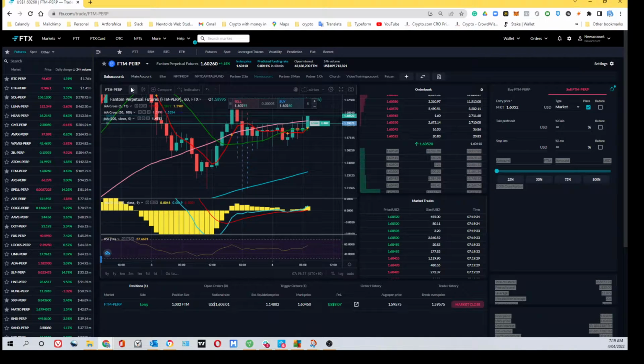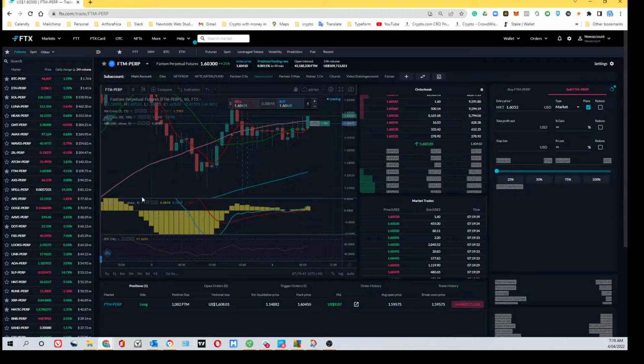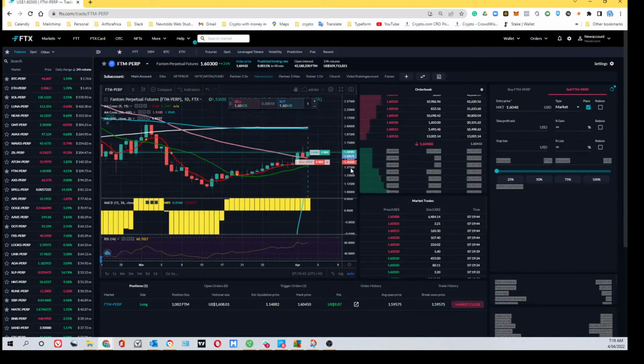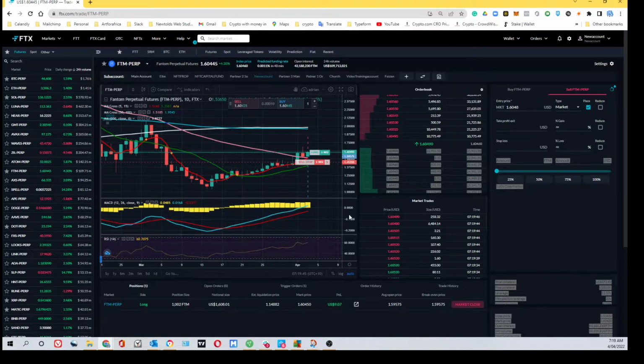So now for longer term trading. If you're looking at hodling, or holding for as long as you like, we'll go to the daily one, and we'll just set this up so it all looks nice. Now the daily one's telling us to take it right back here. If we had taken it back here, which is $1.25,